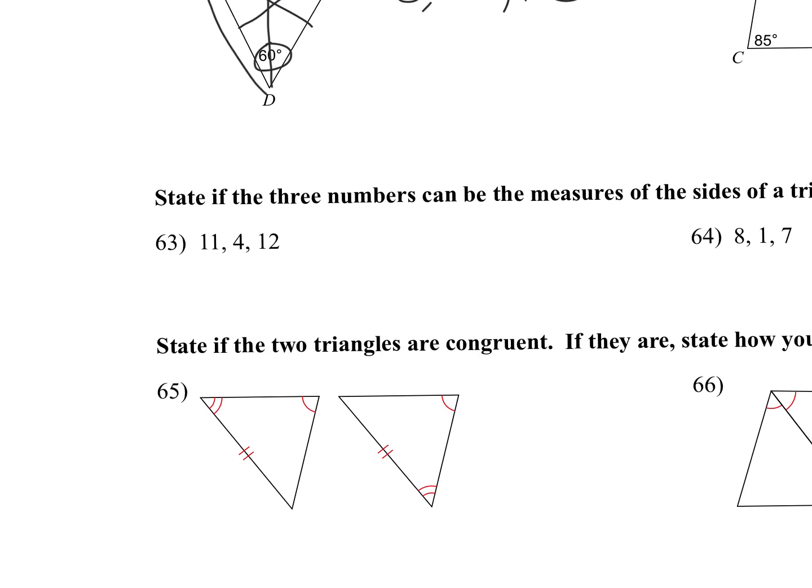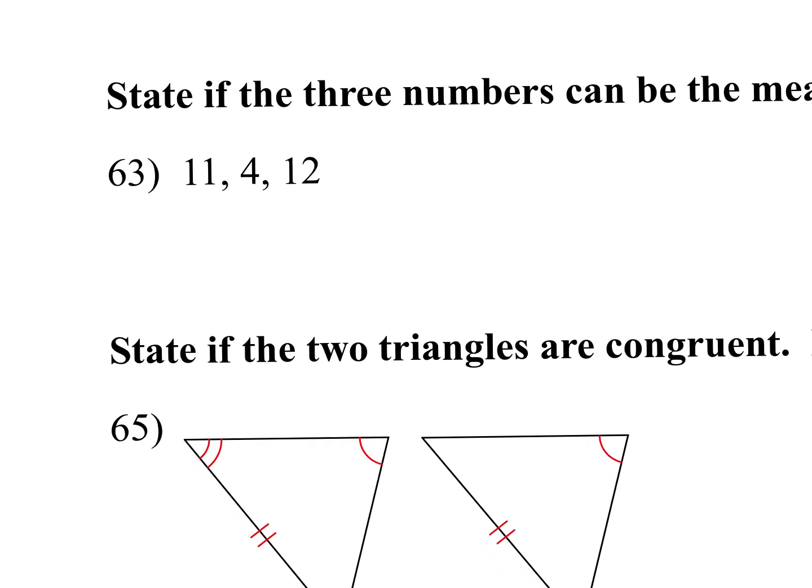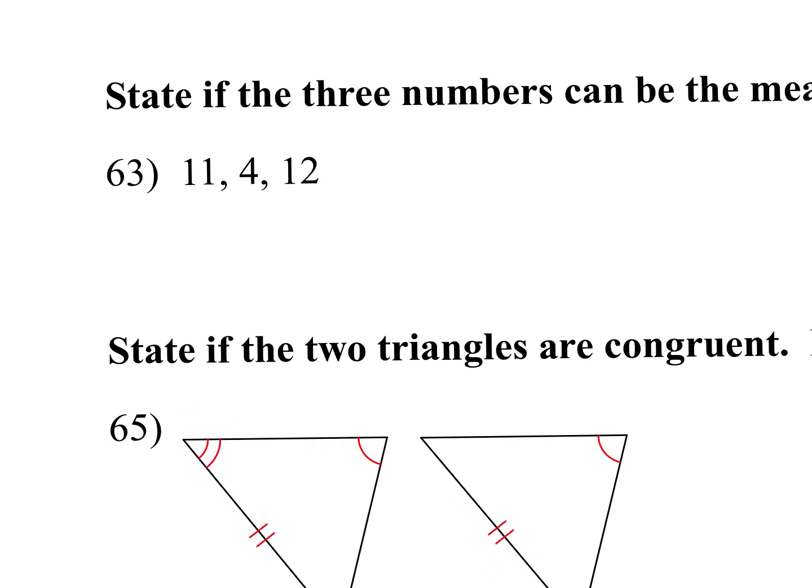All right, moving down, we want to state if these 3 numbers given can make a triangle. Do you remember how to do these? So we're still going to underline our longest side, circle our smaller sides. So what's our biggest side? 12. Smaller sides, circle them. Those go together. Okay, we want 11 plus 4, and then we want 12 on the other side. We want the 2 smaller sides added together to be greater than our biggest side in order to make a